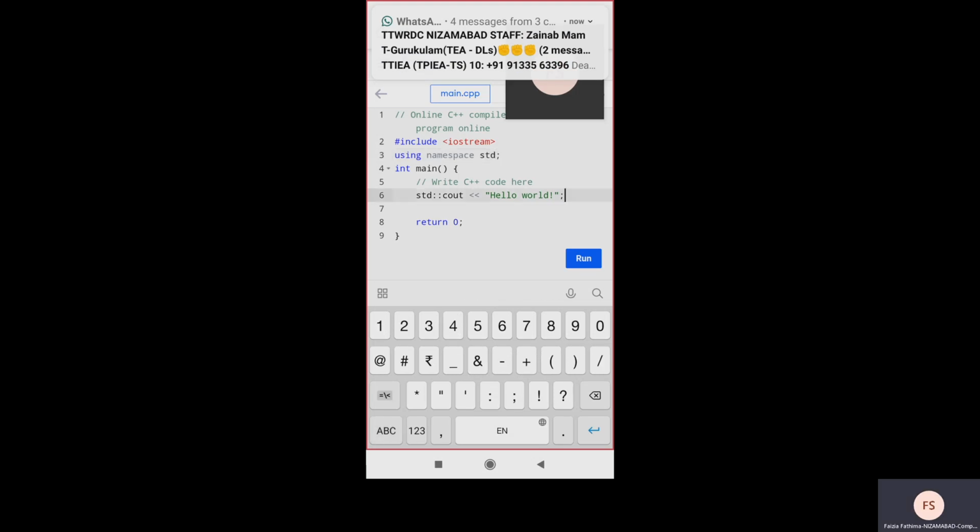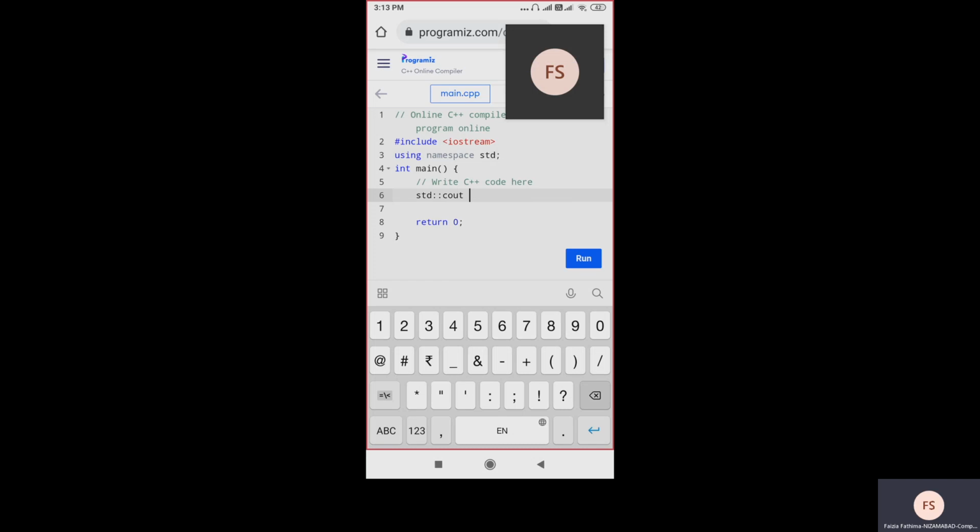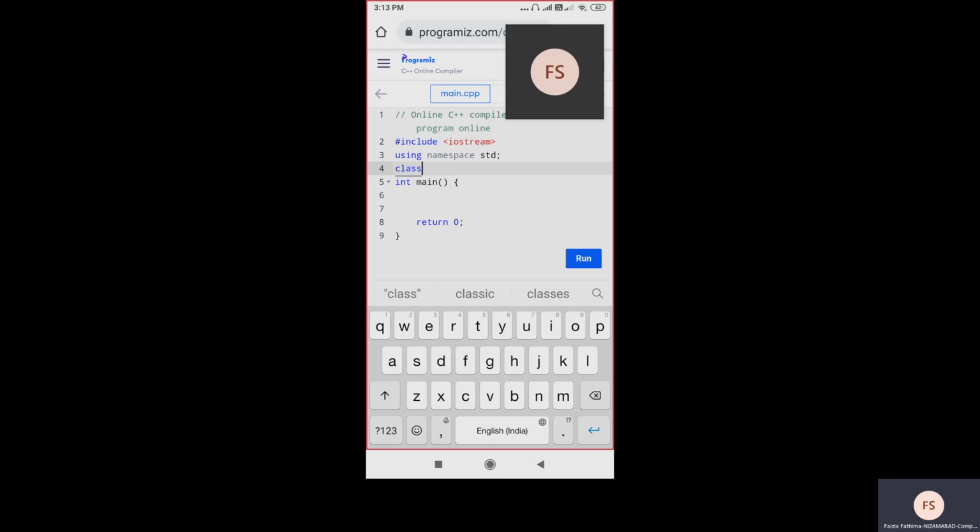Whatever is there in the template int main, I am removing that. Again we are creating a class, going for a base class and a derived class. I am taking a base class as capital A and creating a derived class as class B.